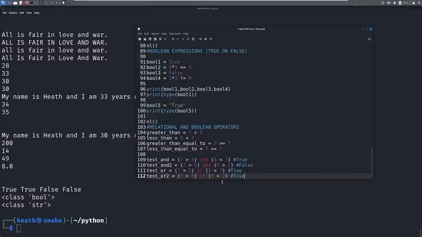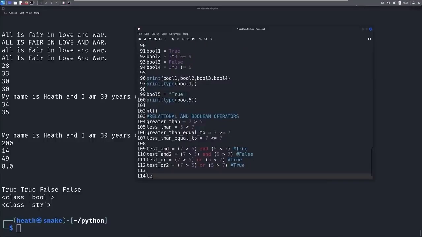Because all we need is one condition to be true for this to be true. So in this situation, if this is true, then the whole thing becomes true. So this would also have to be false for this to be false. Hopefully that makes sense. One other thing here, before I show you the cool little table, is we could do